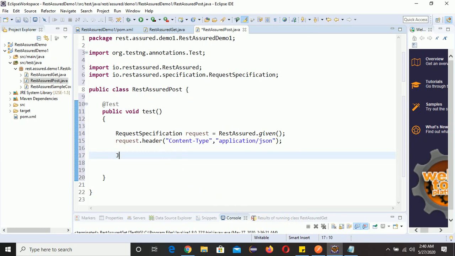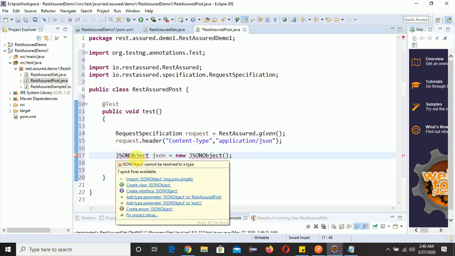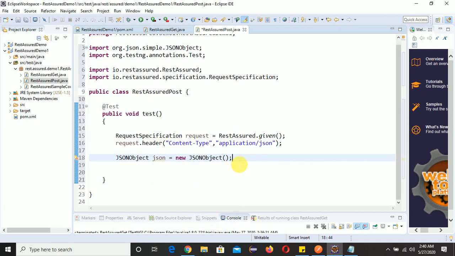So let me write JSONObject json is equal to new JSONObject, and we need to import it. See, org.json.simple. Fine.